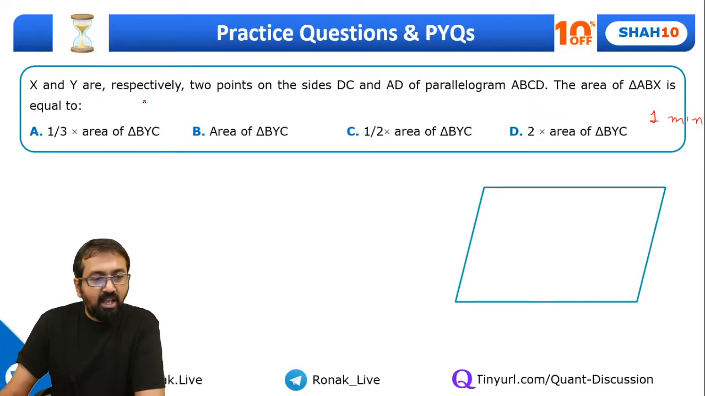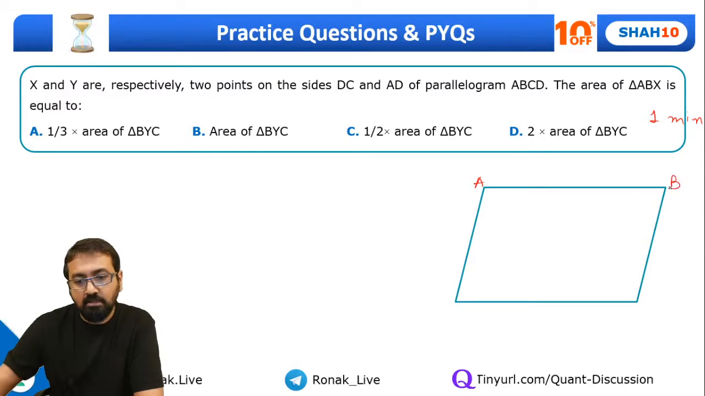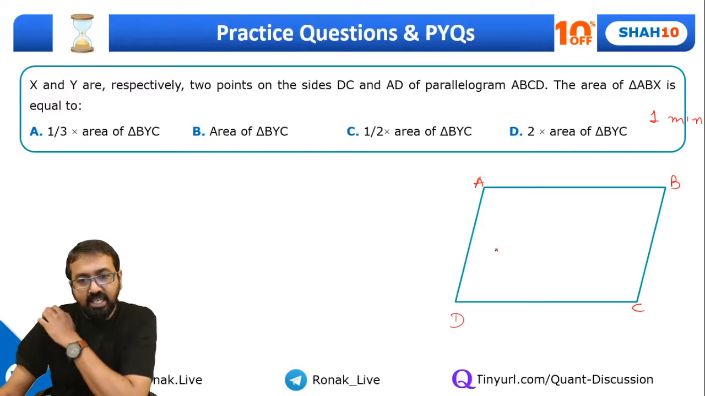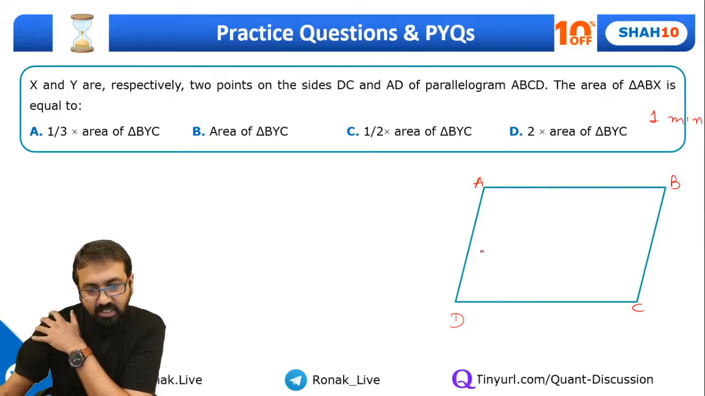X and Y are respectively 2 points on sides DC and AD of parallelogram ABCD. So let me take a parallelogram ABCD. So X is somewhere on DC and Y is on AD, right? The area of ABX, let me take this point. X is on DC. Okay, so let me take that point over here, X. So the area of ABX is equal to,